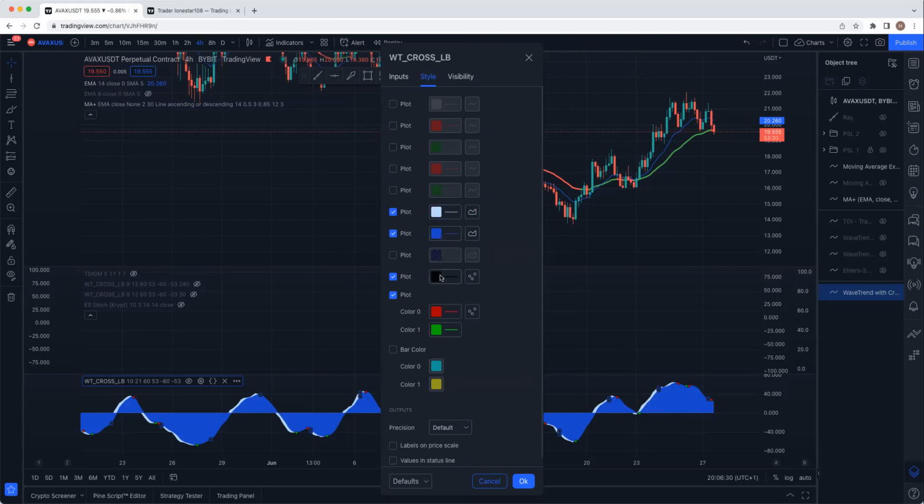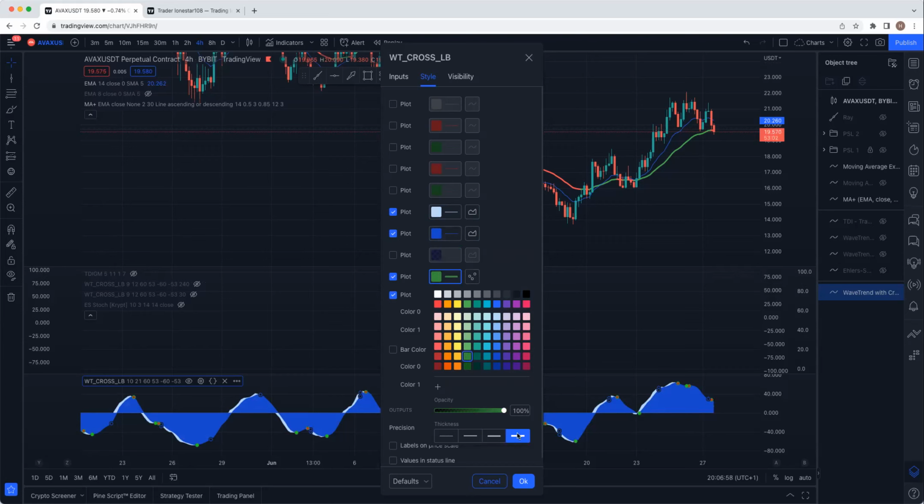When you've done that, go to the dots. This plot area is just a dot. Go to this one and then select, it tells you black, but select green for that. I think it should be green. And then select the thickest dot here. So color green, it could be any green of your choice. Select the thickest dot and then go to the next dot, which is this one.